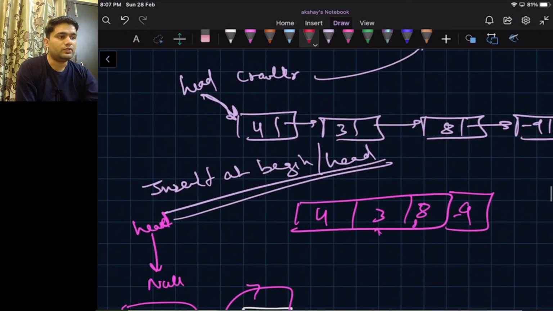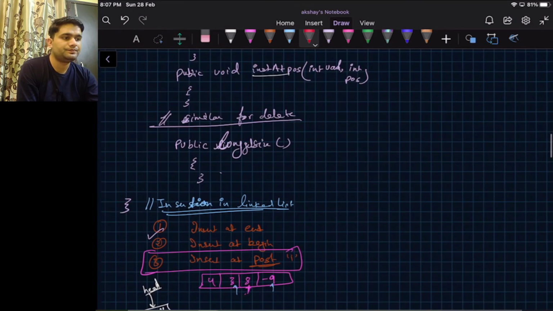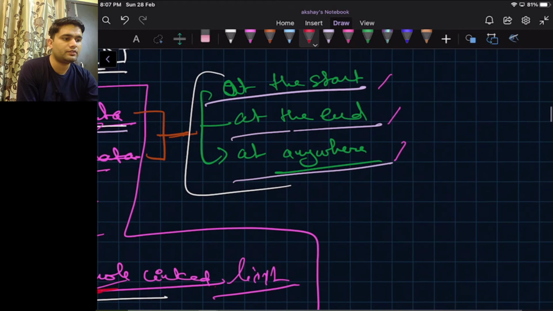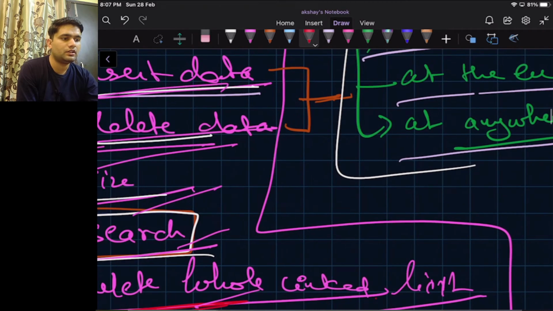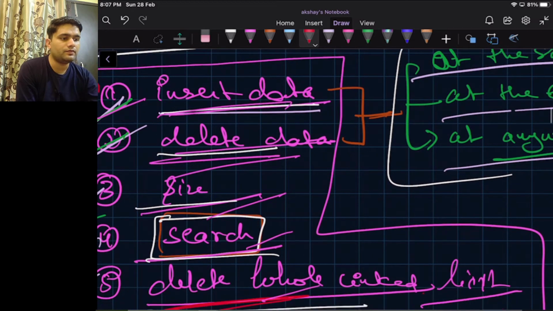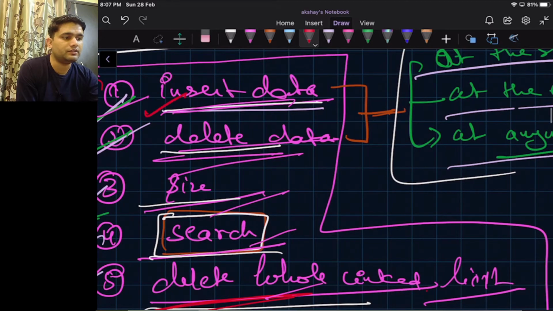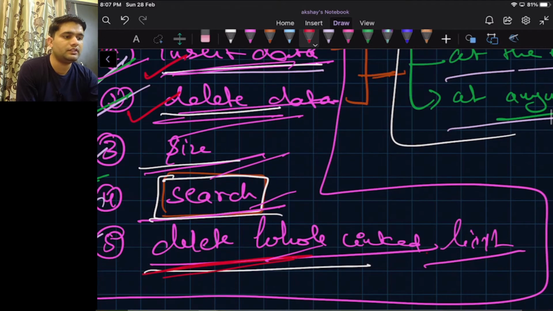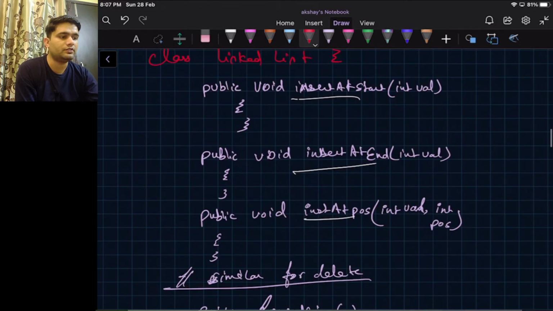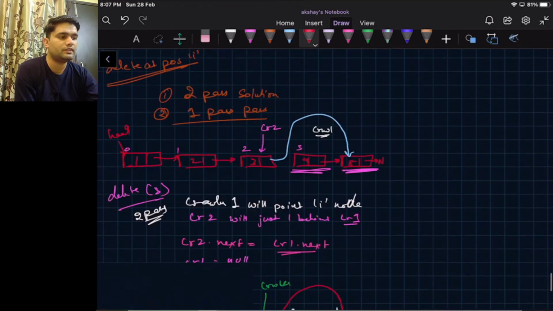Let's see what we are left with. We have done the insertion, we have done the deletion. Let's see the size, and then search, and then delete the whole linked list.